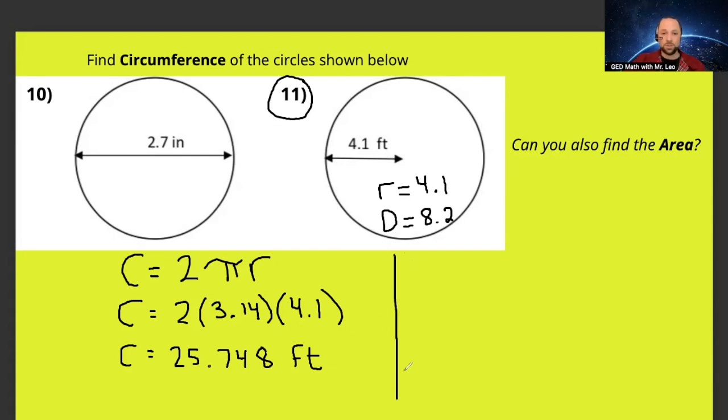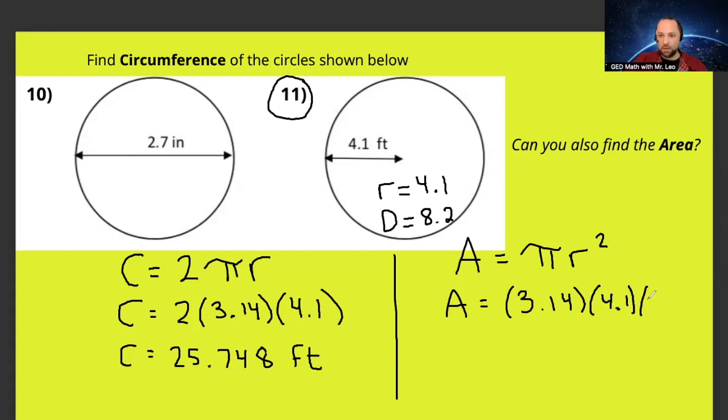All right, good. Let's also find the area. The original formula, A equals pi r squared. Let's plug in what we know. Pi is 3.14. Radius, double check, 4.1. And it's going to appear twice because of the second power. This is our expression right here. Looks nice, looking good. Grab the calculator. 3.14 times 4.1 times 4.1. Final answer in this case is a long decimal,